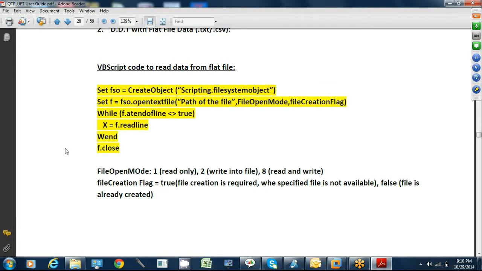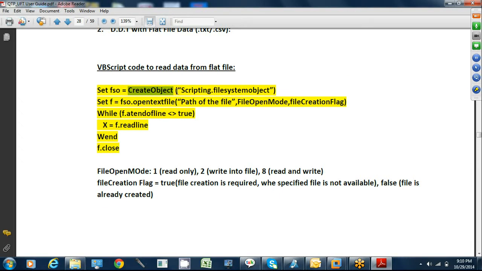Okay, so what I'm trying to do here is create a file system object, FSO. Set means it is setting. It is just like creating a new instance of an object in Java. So if you know Java, you can compare it with that; otherwise, don't worry about it. If you understand only a few lines, that's fine.